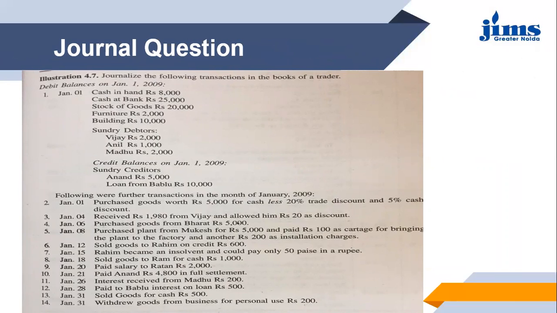So it might be the balancing figure that has carried forward some balance for Anand here. So in January, where the balance has been forwarded from the previous time period, you can see under the credit balance, under sundry creditors, you will find Anand standing with 5,000 rupees. So to Anand, you need to pay 5,000 rupees, and the financial transaction says that 4,800 has been paid to Anand in full settlement.